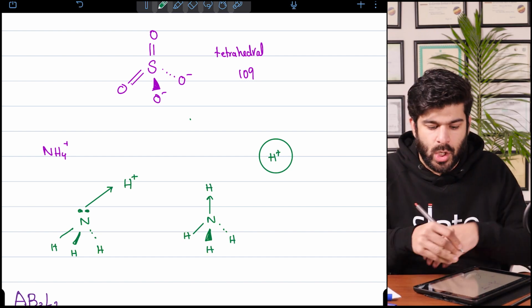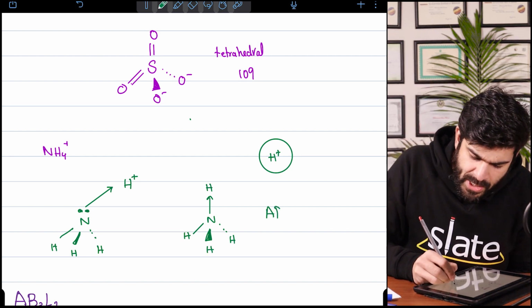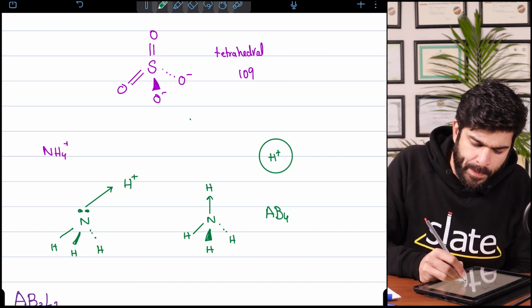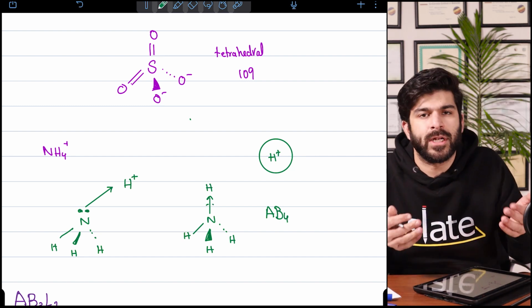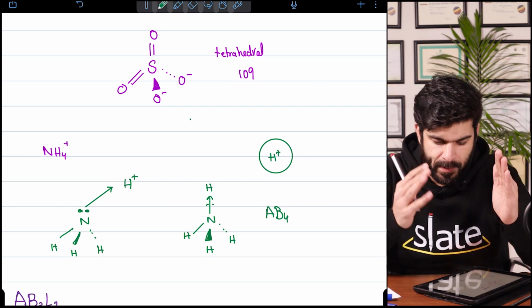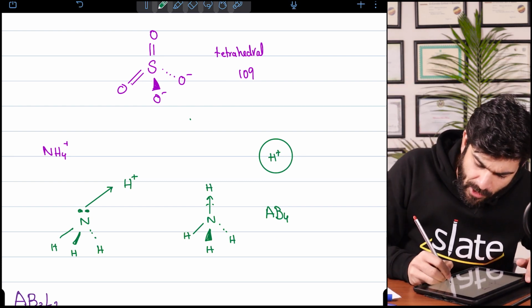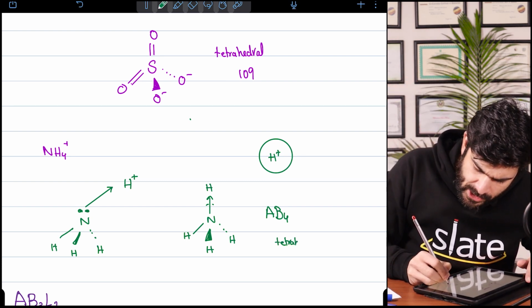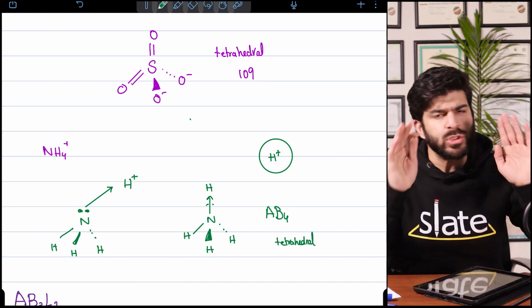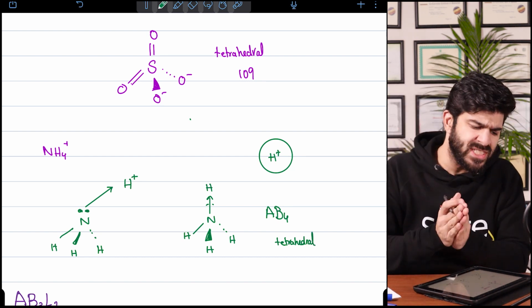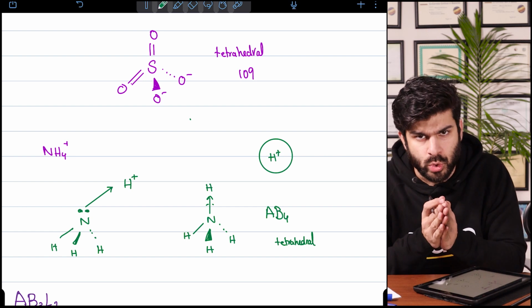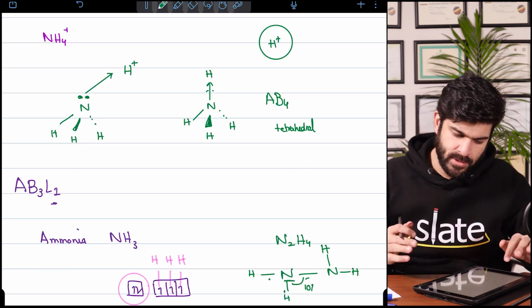So this also becomes an AB4 type because the lone pair is here. It looks like a bond. It's not impacting the shape. So ammonium will also have a shape of tetrahedral. Now the last 2 examples, last 2 types, very basic, very simple. Just do not worry about them. And they are